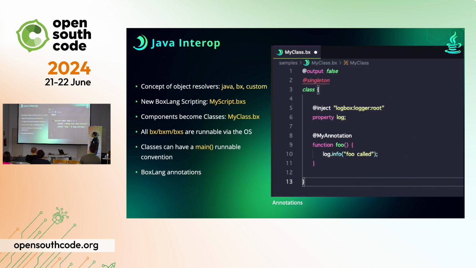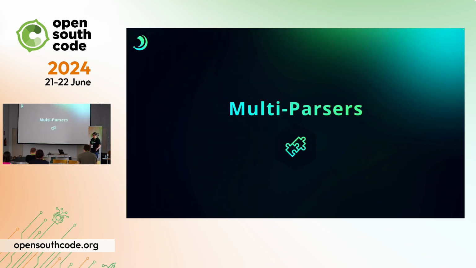Okay. And you also have the capability to have annotations, just like in Java, but less verbose. There's no classes for annotations, and anything can be annotated in BoxLang. So here, for example, I've created a singleton annotation, okay, which there is no class called singleton that is an annotation. Doesn't matter. It's called metadata. So this metadata will be available for anybody. And the actual value of annotations can be literals, like a Boolean, or a string, or it can be nothing, right? Or it could be an array, it could be a struct, anything that's a literal is available to you. Okay? So you have all those capabilities to make your life easier.